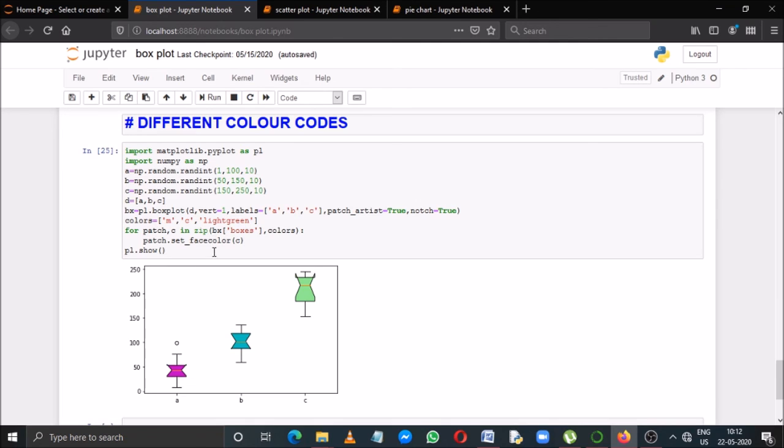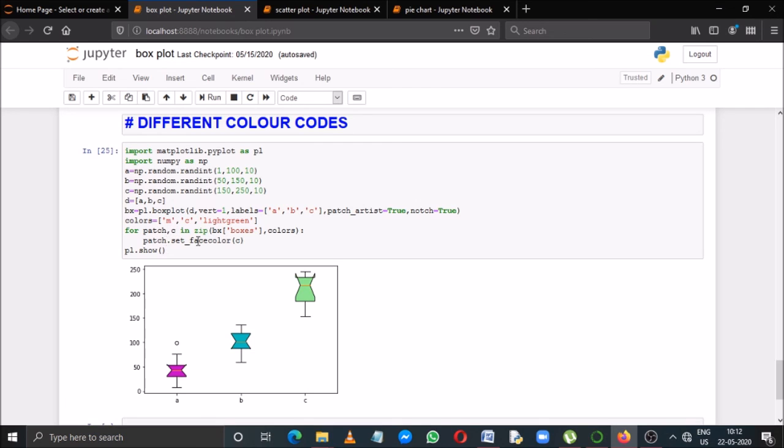And then I need to write patch.set_facecolor. This is a function that belongs to the patch attribute, and its purpose is to give the color to a particular box. That's why I wrote here c. That means in the first iteration of the loop, patch will take bx['boxes'], that means the first box will be the value of patch, and c will become magenta.